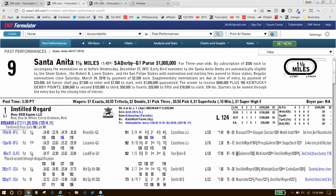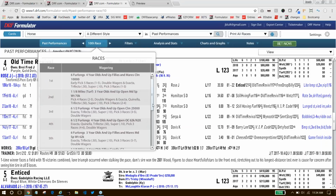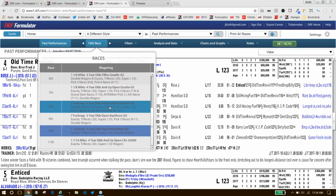He's a good, solid horse. I think Cassey will have him ready. And I also want to use the number 4, Do Share, coming out of the Tom Fool Handicap, which was